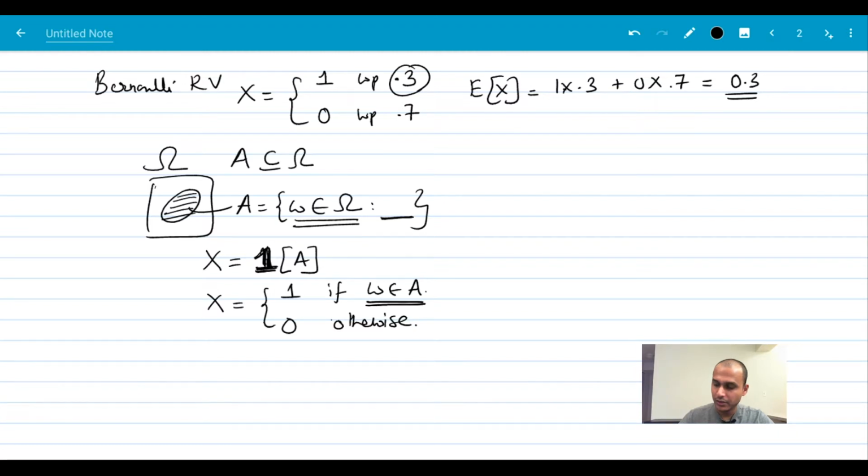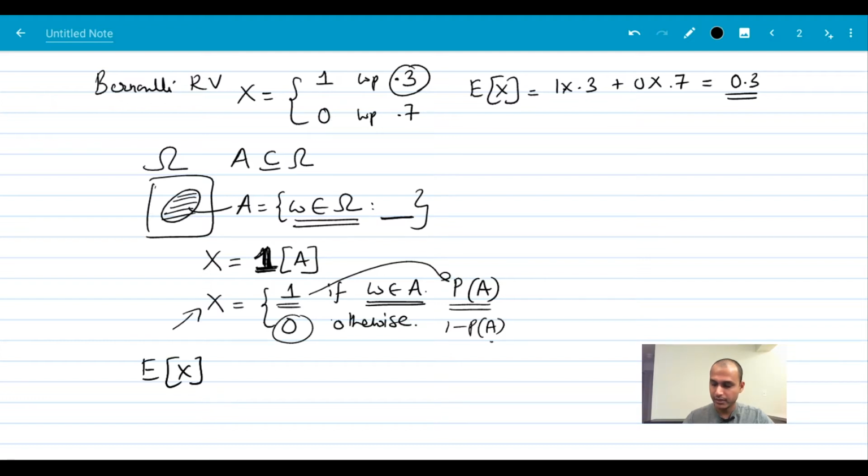And we know that omega belongs to A with probability P of A, right? So A is those omegas, a subset of the sample space. So the probability, the belief about event A happening is P of A. So x taking a value 1 is also with P of A, right? And x taking value 0 is 1 minus P of A. Okay. So then for this random variable x, expectation of x is just P of A. Okay, it's 1 times P of A plus 0 times 1 minus P of A, which just turns out to be P of A.